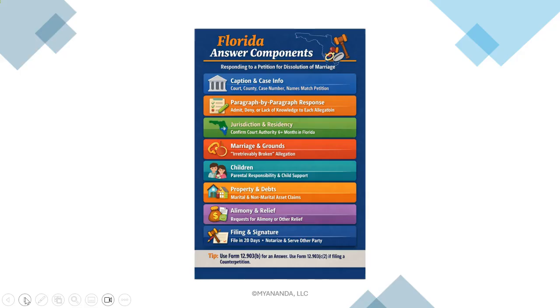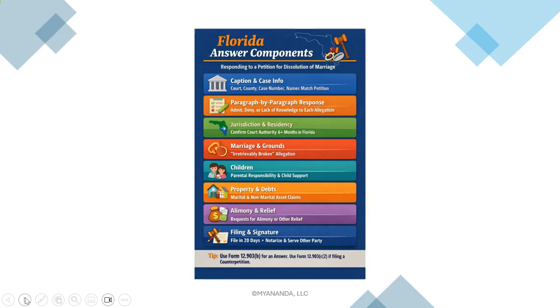These are the jurisdiction, marriage and grounds, children, property and debts, and alimony and relief. Those are the primary areas that a petition for dissolution will cover. If there are no children, then the allegation will be there are no children born in this marriage, and you would reply to that in the answer, yes, or admitted or denied.